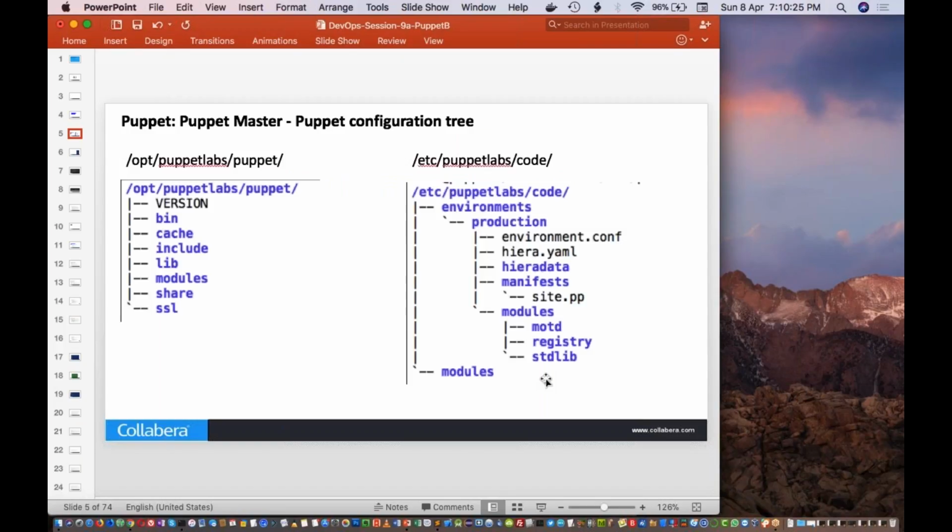Okay, so Nayanand is asking, is init.pp mandatory to have, or I can rename it to my.pp? Nayanand, init.pp is mandatory. Like Puppet will by default look for a manifest file with init.pp inside a module. So you can have another manifest file, but it will always expect you to have one init.pp along with other manifest files.